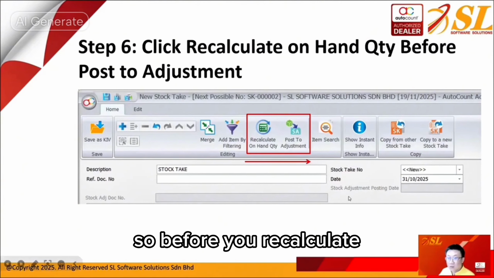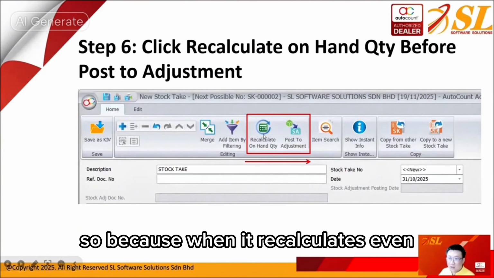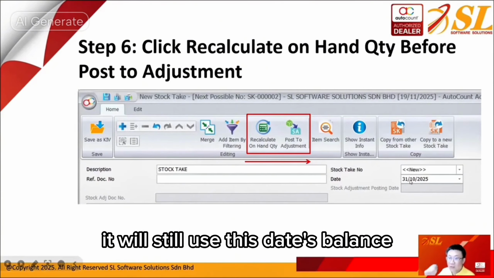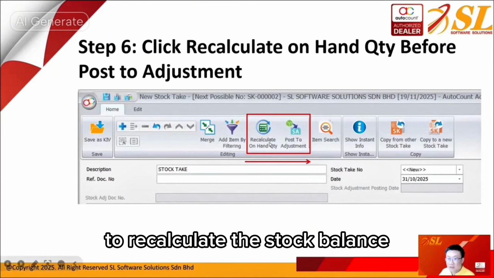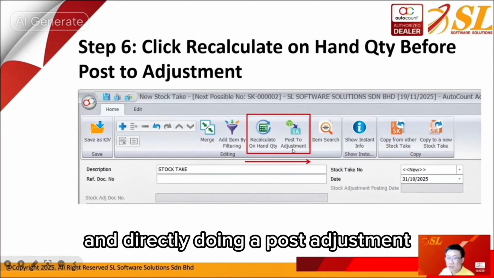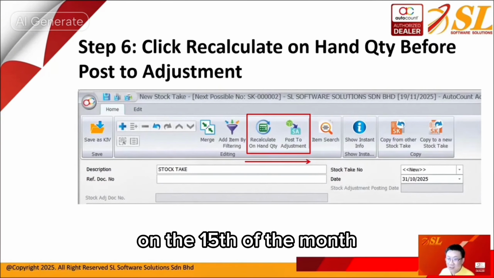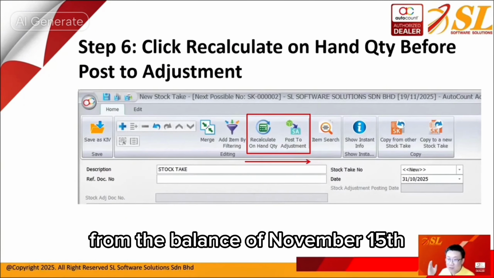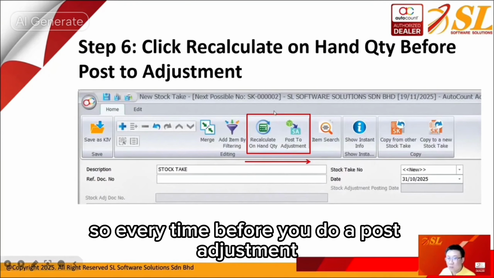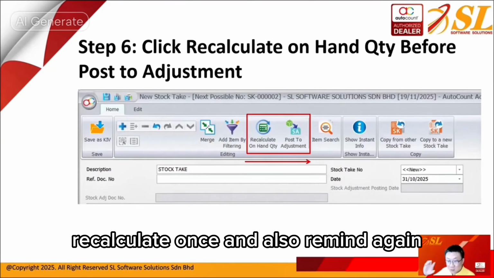So before you recalculate, confirm once more if the date is last night's date, okay? Because when it recalculates, even if half a month or a month has passed, it will still use this date's balance to recalculate the stock balance. This is its principle. So many bosses make a mistake here by forgetting to recalculate and directly doing a post adjustment. If you directly do a post adjustment on the 15th of the month, then the stock balance is actually taken from the balance of November 15th, not from October 31st. So every time before you do a post adjustment, remember to recalculate once,